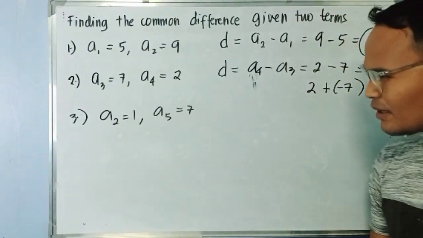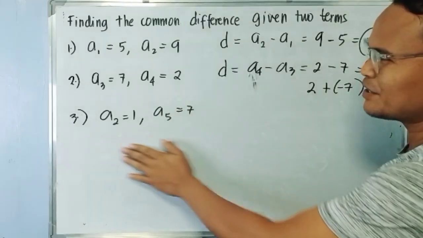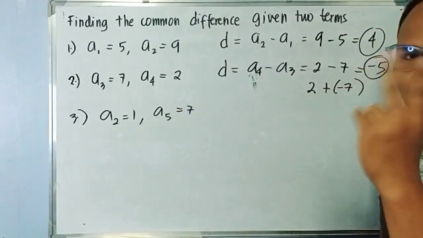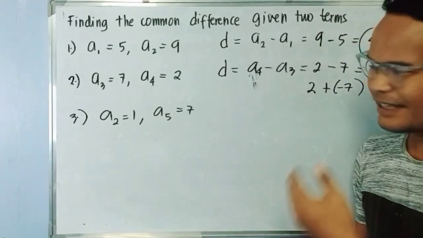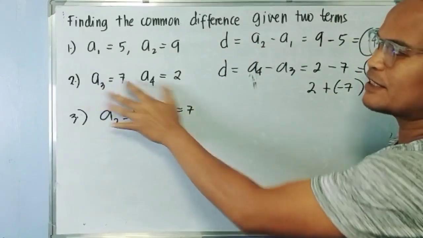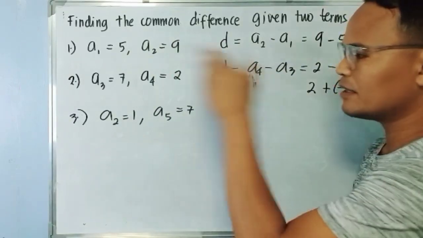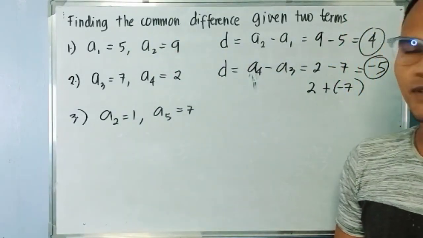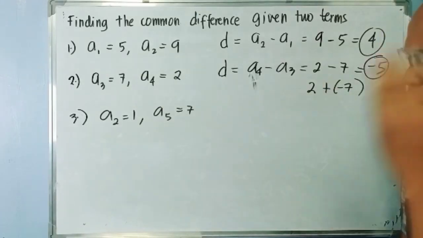Okay. Now problem number 3 or example number 3. We are asked to find the common difference with the given two terms that are not consecutive terms. As I said earlier, it is easy to find the common difference if the given two terms are consecutive terms. But how about if they are not consecutive terms? How do we find the common difference? Let us go back to our